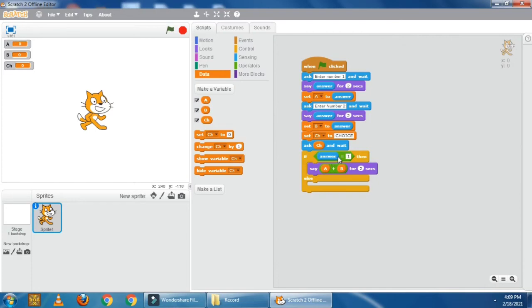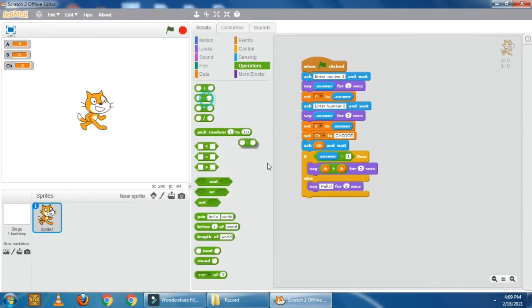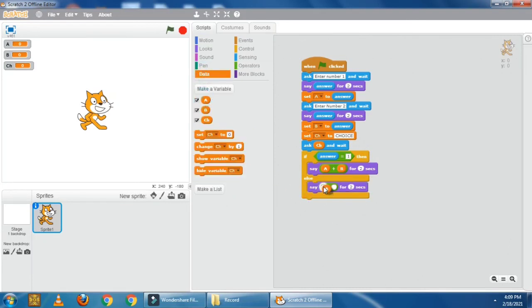If our condition will become true, means 1 equal to 1, then it will add the two numbers, and in else we have to give the same sentence, but we have to take here subtraction operator, means minus operator. So let's take say, click on looks and take say hello block and place inside the else, and from operators category we have to take the minus operator, and inside this we have to add the variable A and variable B. Carefully place it, otherwise it will go outside like this, and let's take variable B.